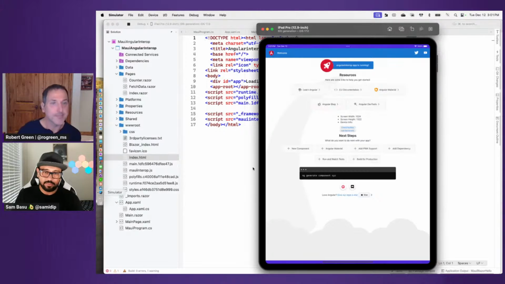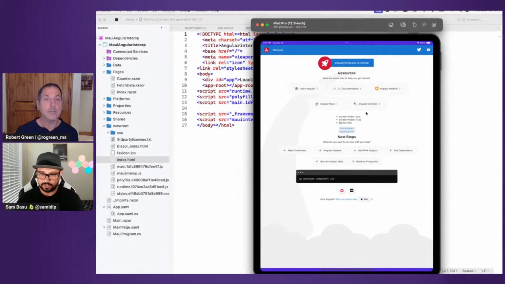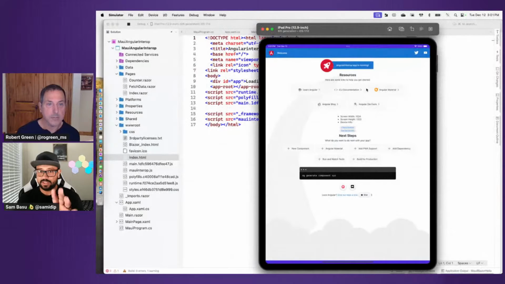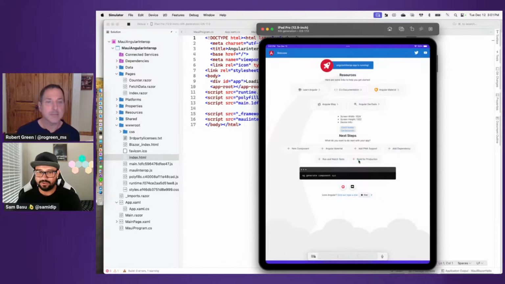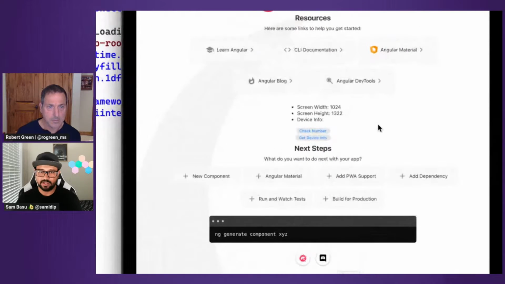So now if I go back to my simulator, my Angular app is running. So for those of you who do Angular work, this is going to feel like Hello World Angular, which is exactly what it is. However, the TypeScript that you have in your Angular app can actually talk to .NET fairly easily. So take a look at this. Within a simulator, I can do a check number, whether it's even or odd. This prompt looks a little weird because it's not actually running on localhost. So it'll tell you 4 is even.